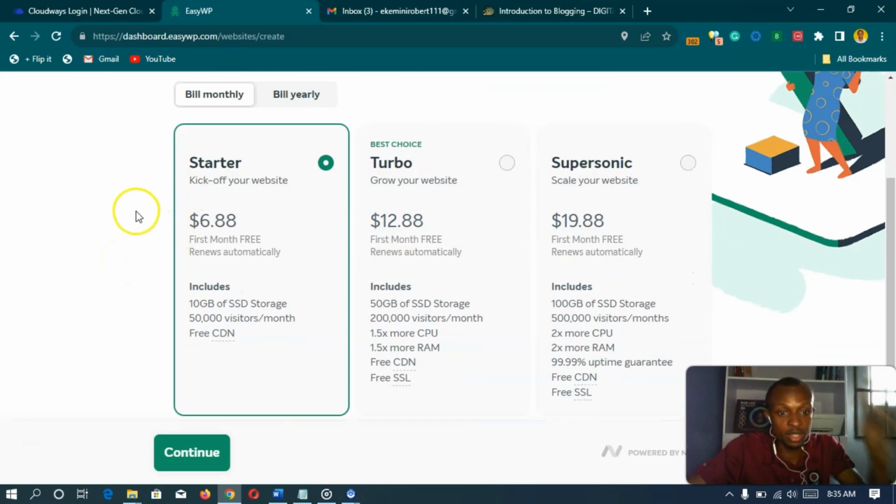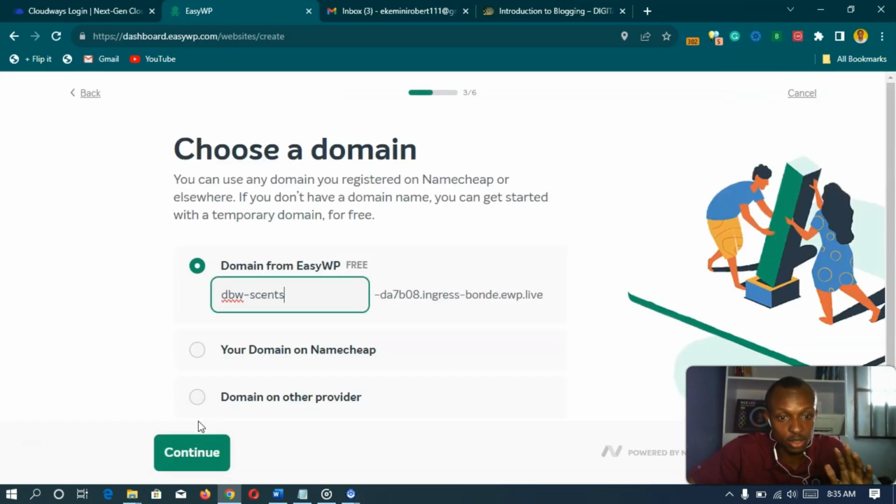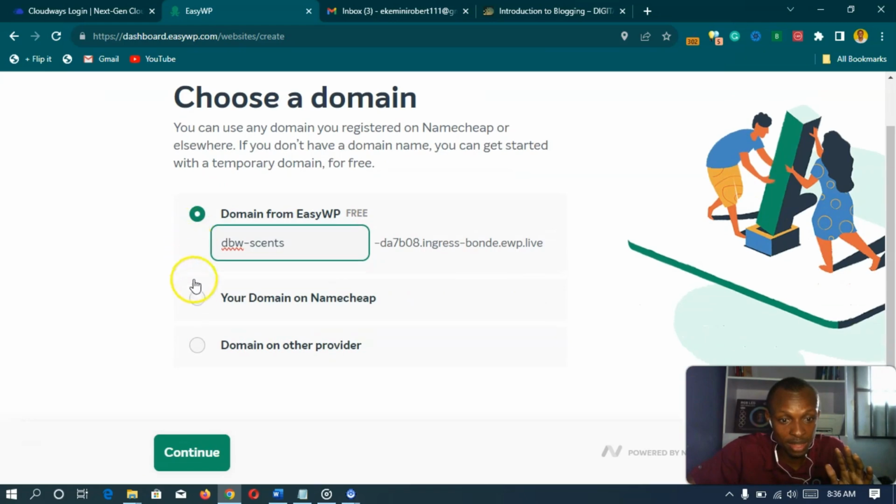So this is the EasyWP. What you want to do is select this. Remember, it's free for the first month, so for the first month you don't have to pay anything for this. So I'll click on continue. I'll choose the starter plan. For the domain from EasyWP, I think we want to use a domain from Namecheap, the domain name we just purchased, but if you don't have a domain name yet, just go ahead and continue